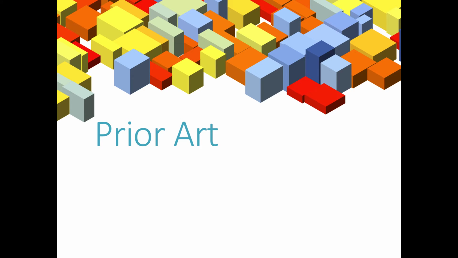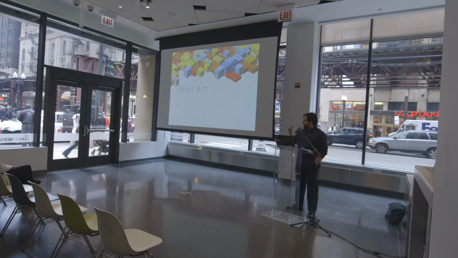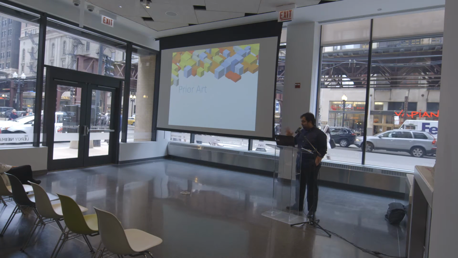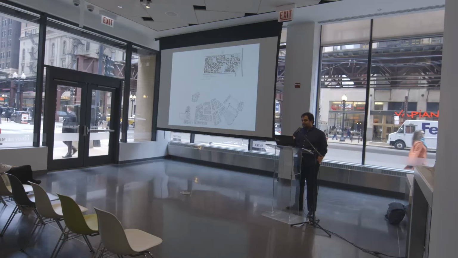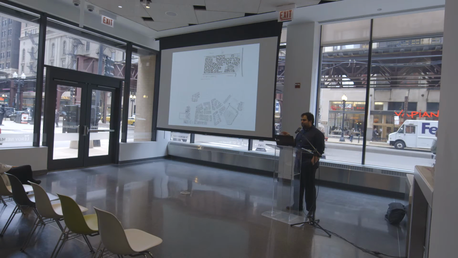Previous art on how to get the architect out of the architectural process has been done before, with varying degrees of success, from theory and practice. One of the things I like to talk about is Hassan Fathy and the Gurna experiment in Egypt. The whole project was set up to fail from the beginning, because the Egyptian government wanted to dislocate villagers from one